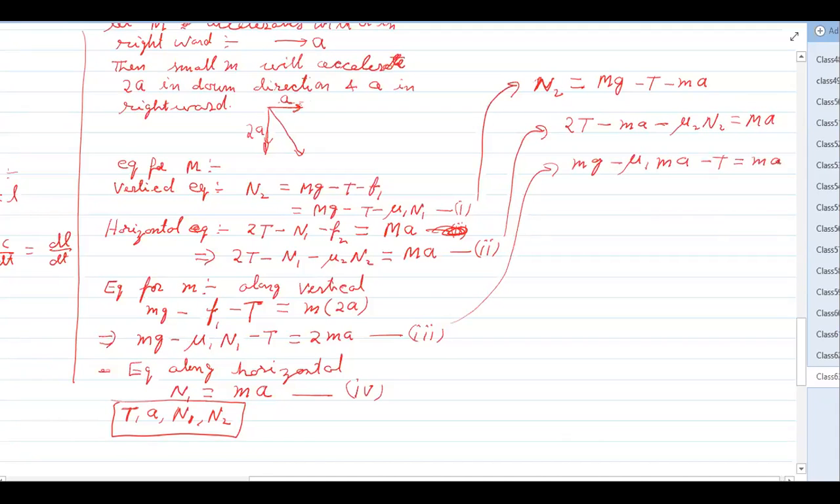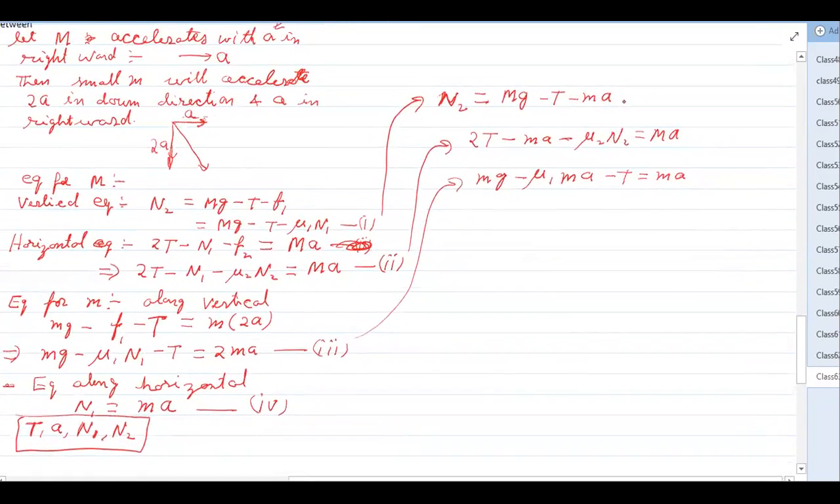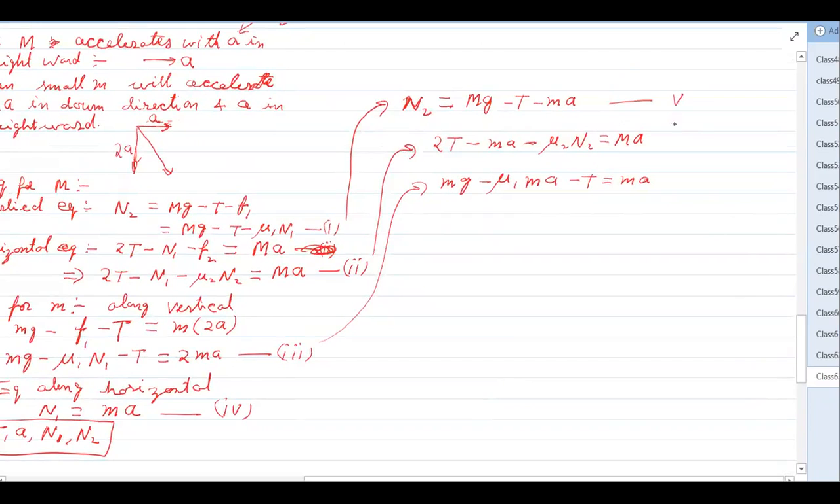Okay, so now there are three equations. Suppose these are equation 5, equation 6 and equation 7. Now we have three equations and three unknowns, T, N2 and A. This time we can replace N2, or we can replace T. I think T will be better to replace. If we replace T, if we add all the three, so,